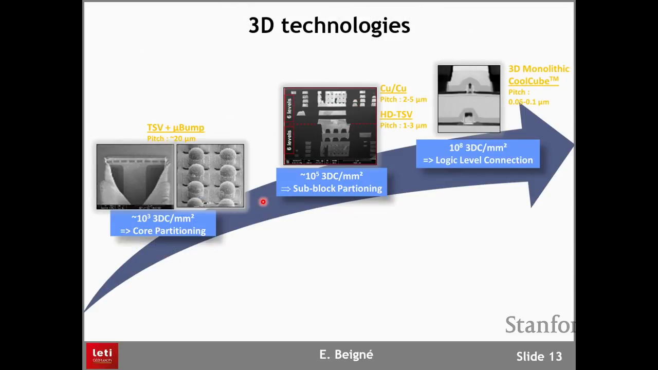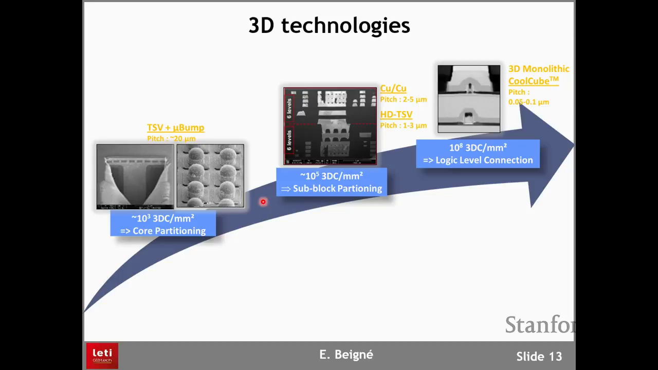So what kind of 3D technologies do we have today? We have the kind of 3D technology that is die-on-die, what you call through silicon vias, or TSVs. And the pitch that we can fabricate with that, and when I say we, it's not only CEA-Leti, people are providing that already in fabrication, is around 20 micrometers. It means that if you want to stack dies on dies, it's kind of feasible, but